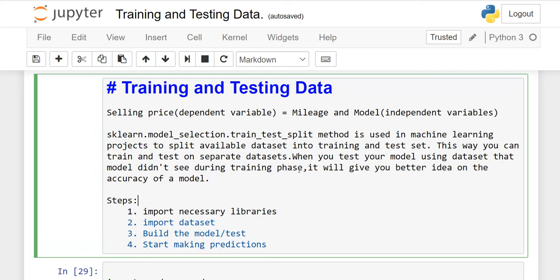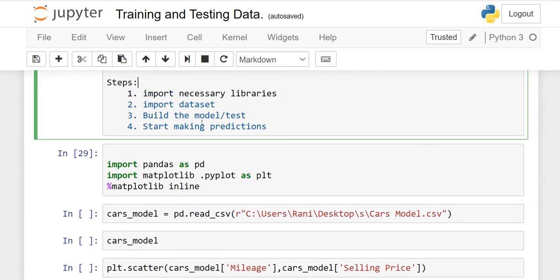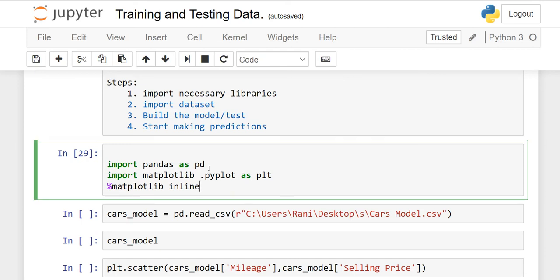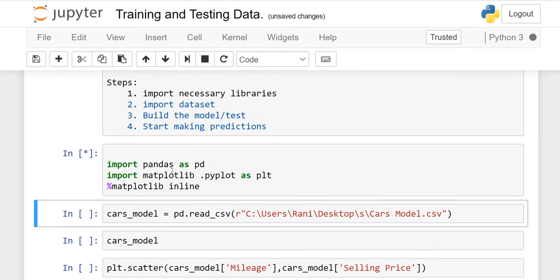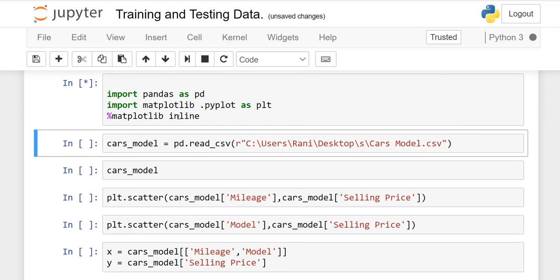Whatever I have explained with the help of a CSV file, I have written here. So we are going to start now. First of all, we have to import the important libraries, and then we will see whether our dataset is here, and then we will build a model, we will apply some testing, and we will make some predictions. So first of all, import pandas as pd and import matplotlib as well, because with the help of matplotlib we will make some graphs. So the asterisk means it is executing, right? Okay, after this it is working, no worries at all.